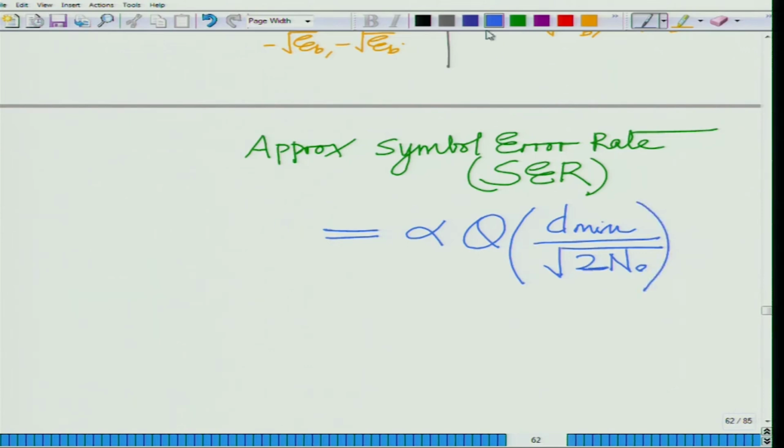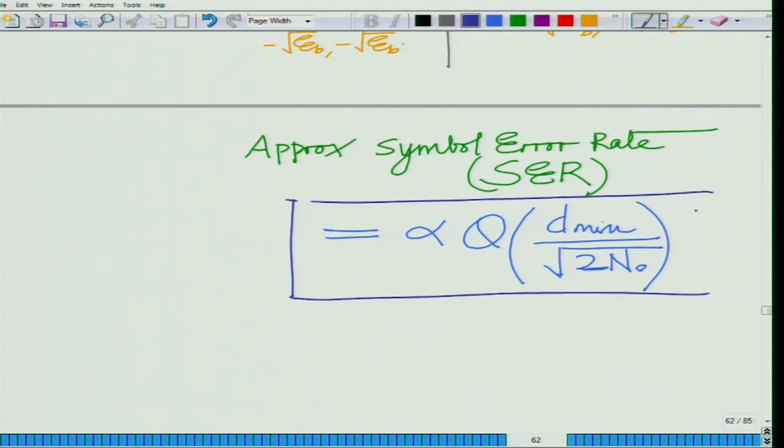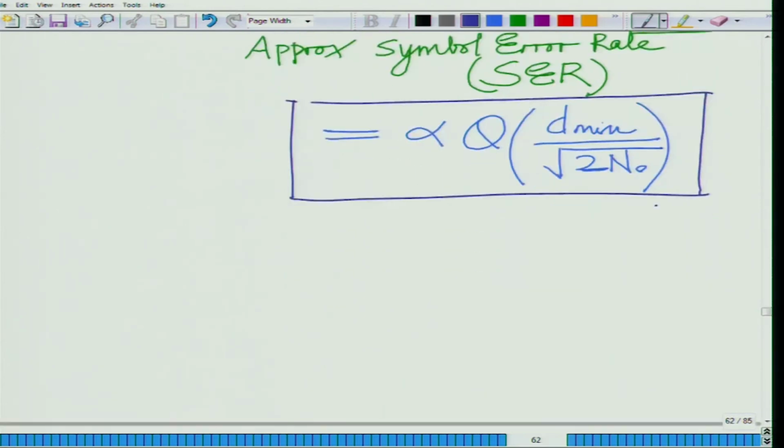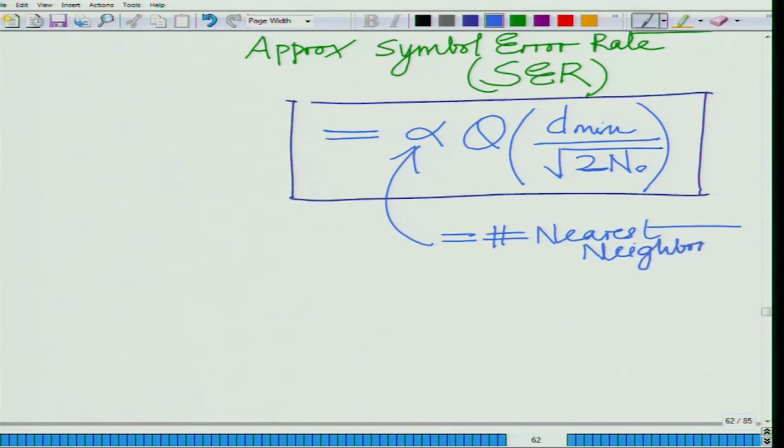Here alpha equals the number of nearest neighbors, and d min equals the distance